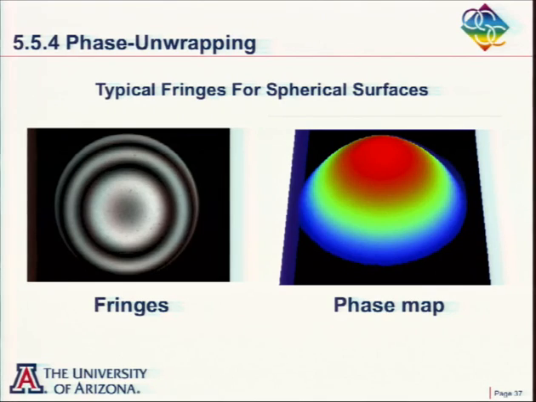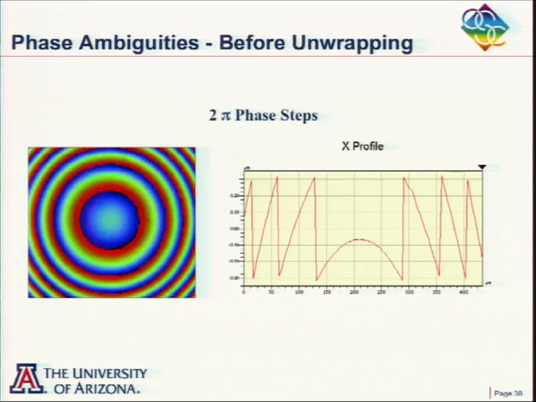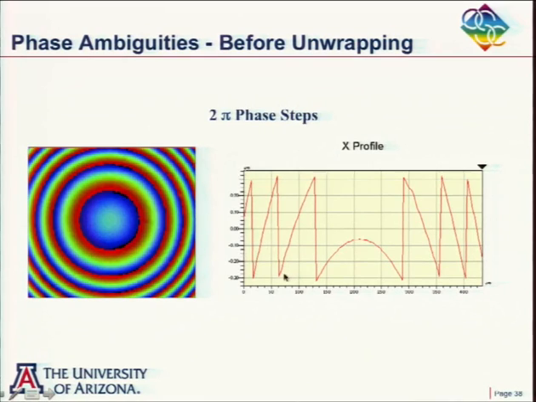And so if we're measuring a surface where the phase distribution is greater than 2 pi, we're going to see steps in the measured phase like we see here. So the phase would go from 0 up to 2 pi and then drop down to 0, back up to 2 pi and so on. And so we have to correct for these phase discontinuities. And often this is called unwrapping